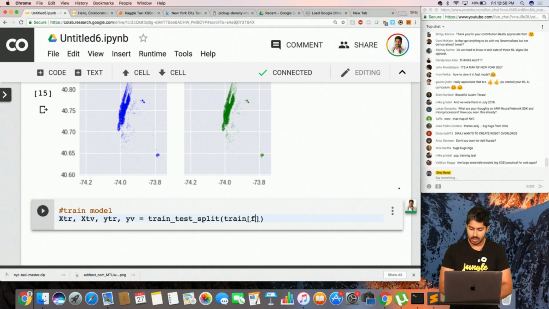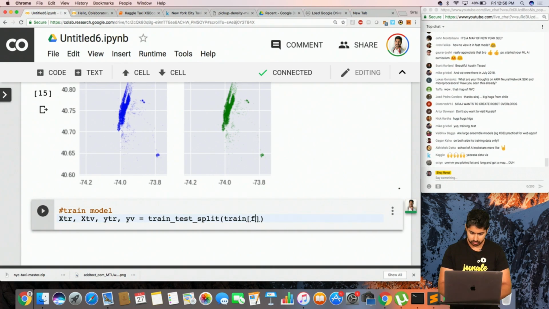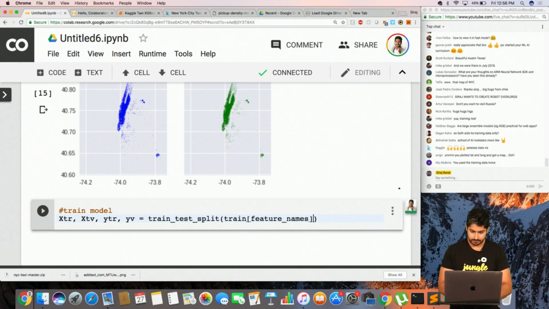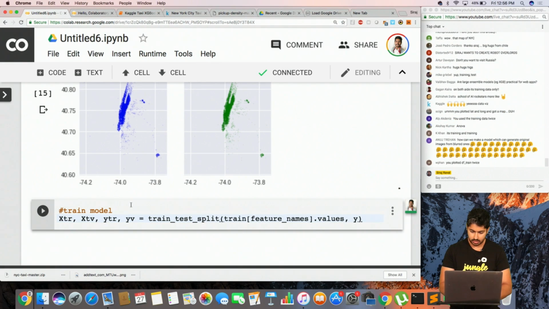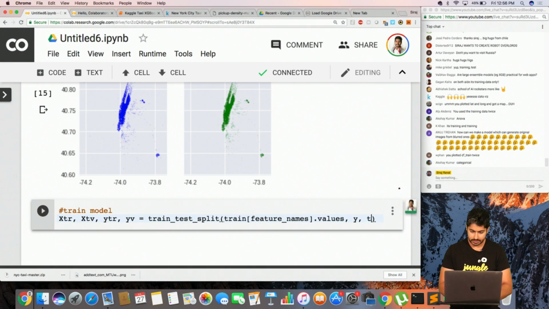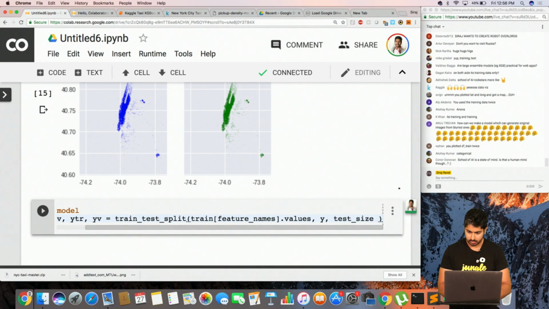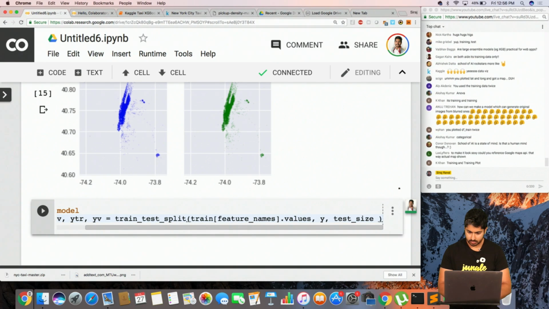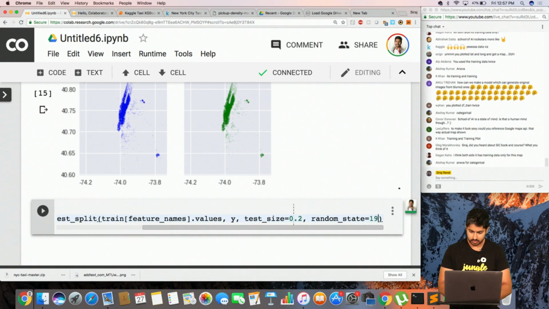I need a list of feature names. So feature names dot values, and y. I'm going to explain what these variables are in a second. Test size is 0.2. Random state is 19.